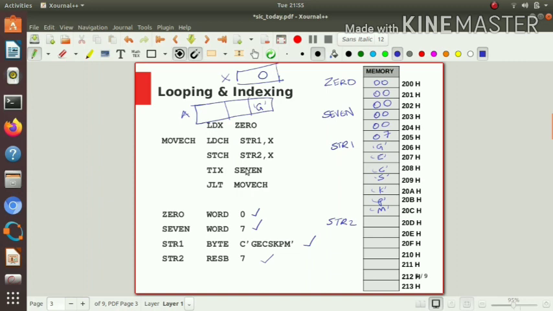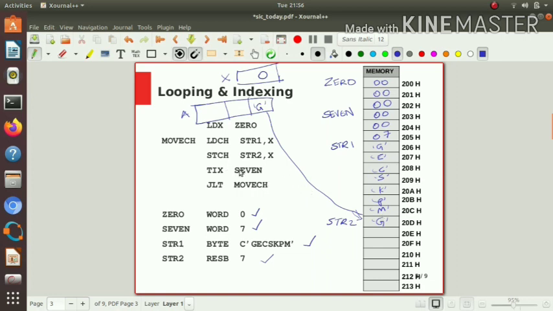So that will be added with the address of str2. str2 address is 20D. So 20D plus 0 indicates this location itself. So the content of A, that single character, will be stored into this location. So G will be stored to here.